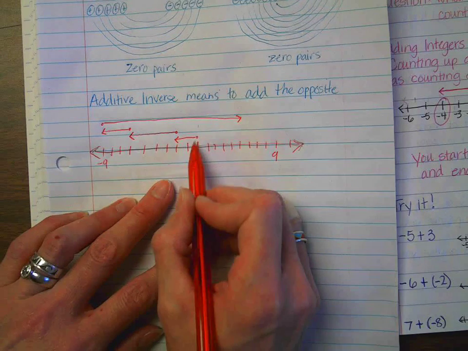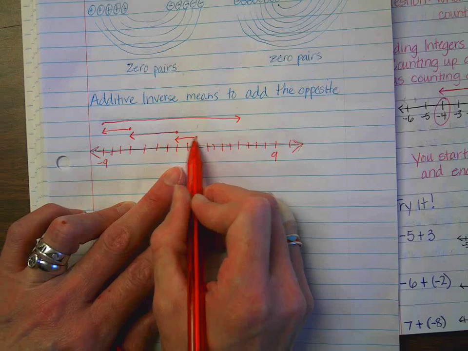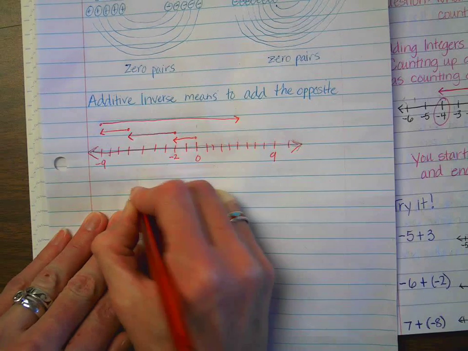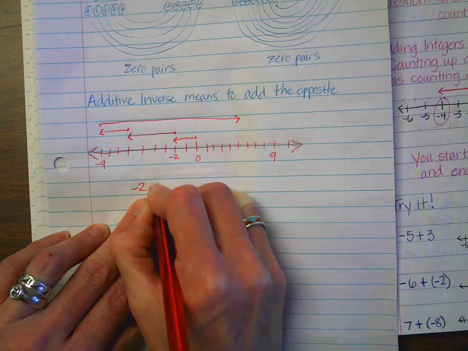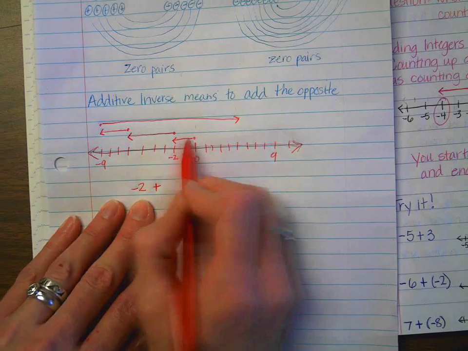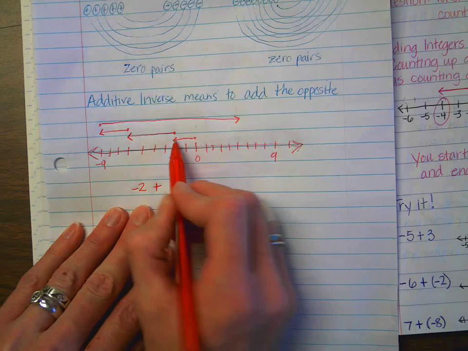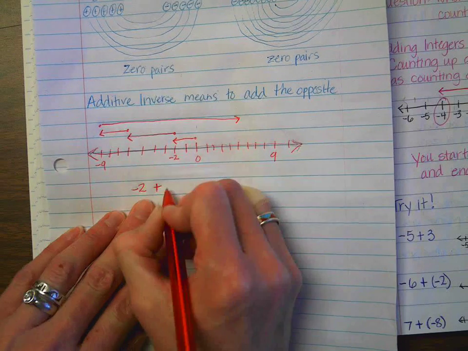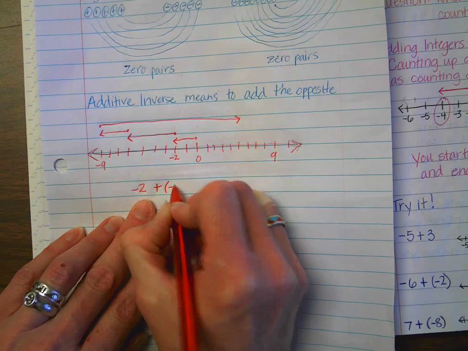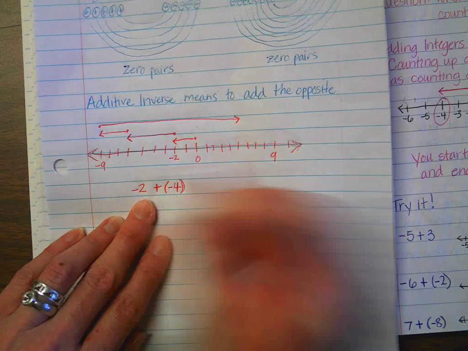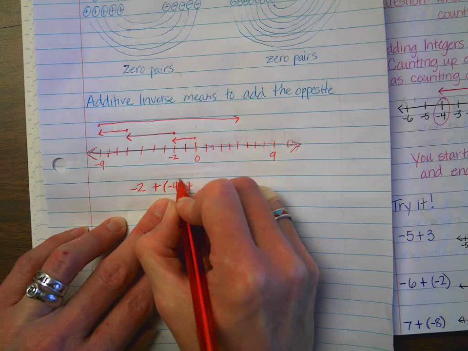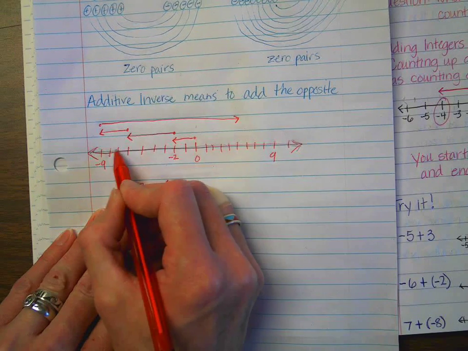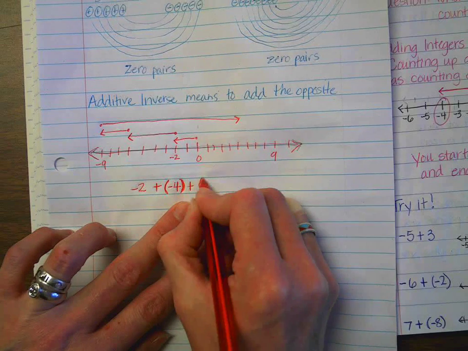You always start at 0. So what is the first value that I did? I went -1, -2. So this is a -2 right here. So I have -2 plus, remember, whenever you have arrows, you add them together. So I went -2, and then I went 1, 2, 3, 4. So then I added a -4, right? And now I'm adding again because it's called the sum of the arrows. So I went 1, 2, 3, so plus a